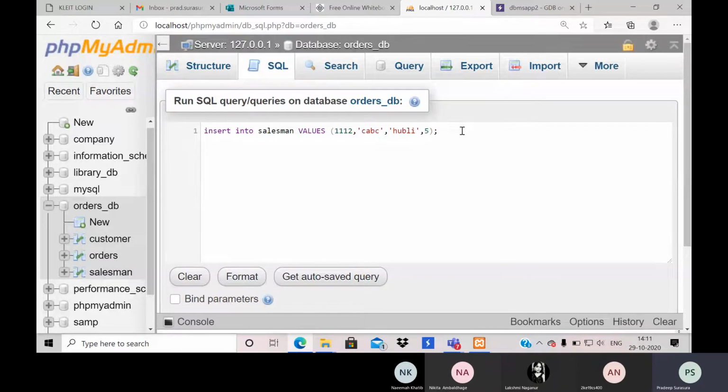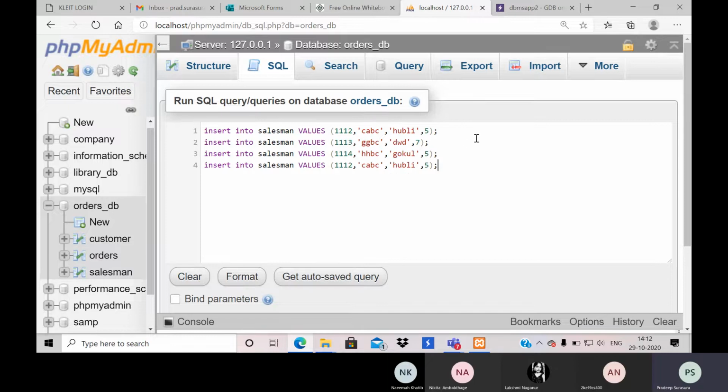What I will try to do is insert multiple values at this level itself, and commission may be something like 7%. I will try to insert some 5 to 6 values subsequently.